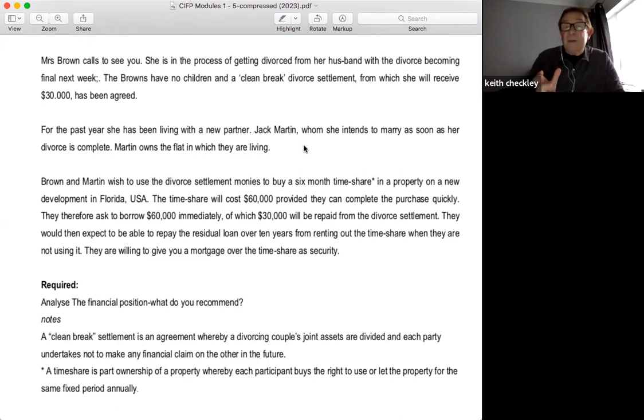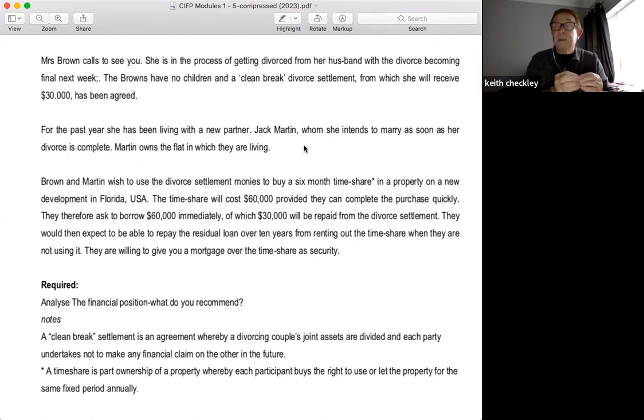And what also worries me is, when will the $30,000 be received? Now, it's one thing for Mr. Brown to have agreed, yes, you will get $30,000 as the divorce settlement. But the next thing is, when will that be paid? With a divorce settlement, yes, it could be quick, maybe within the next month, but maybe it could be a year or more. So the source of that $30,000 is at the moment unknown.